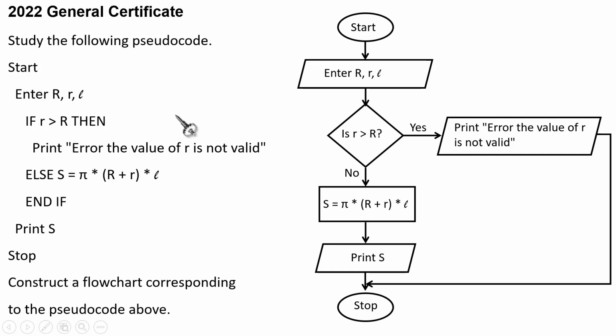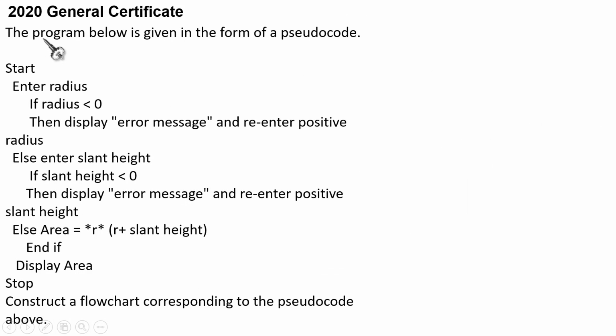Yeah, so let's go to another example. So this one came in 2020, general certificate. It says the program below is given in the form of a pseudocode. So we have start, enter radius. If radius is less than 0, then display error message and re-enter positive radius. Else enter slant height. Okay. Then if slant height is less than 0, then display error message and re-enter positive slant height. Else area is equal to,